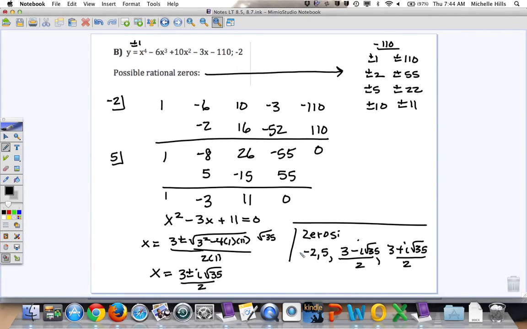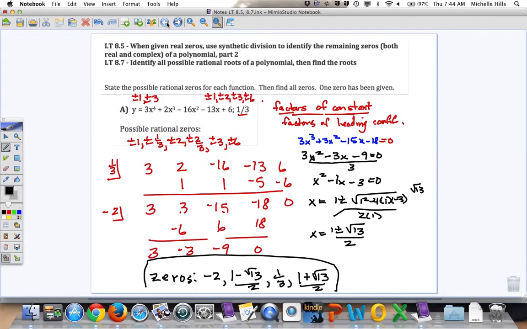Now what I know about this function, it's an x to the 4th, so it looks kind of like a W. It opens up. It crosses the x-axis at negative 2 and positive 5. It doesn't cross the x-axis again because those are imaginary zeros. This one opens up, x to the 4th looks kind of like a W, and crosses the x-axis in these 4 different places. 2 of them are rational and 2 of them are irrational, but they're all real numbers, so it does cross the x-axis in 4 different